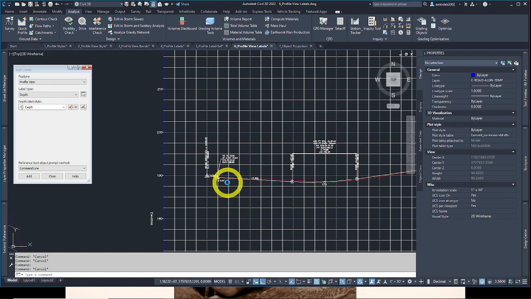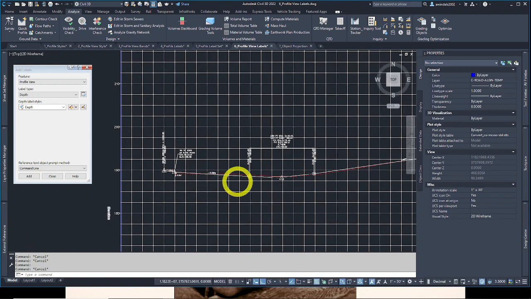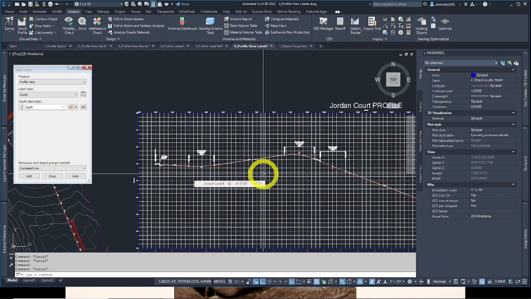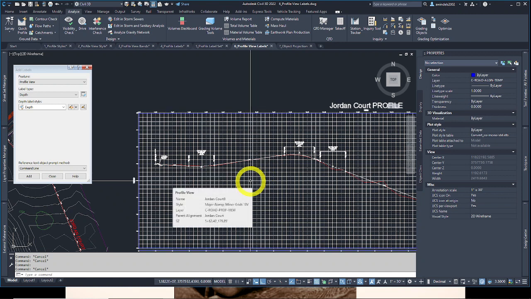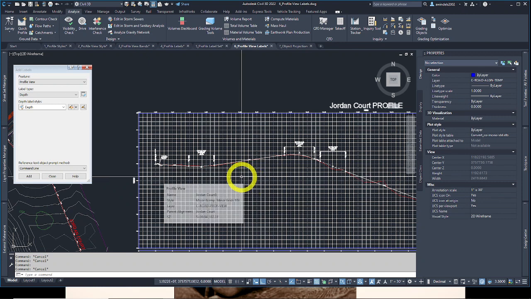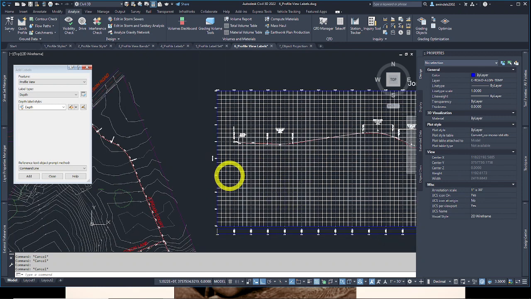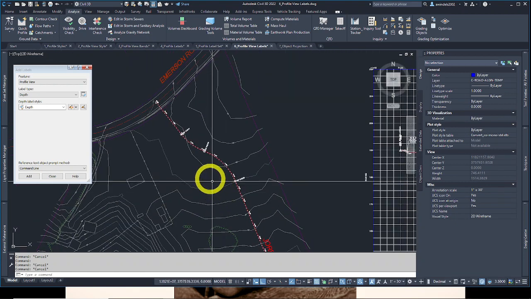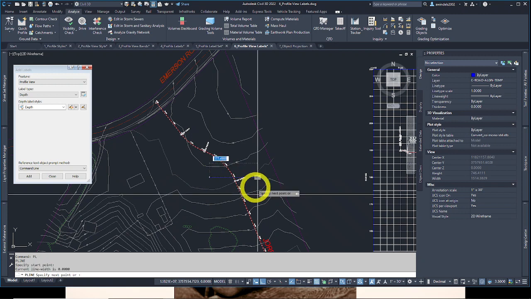So sometimes we need to project objects to profile views that aren't exactly just profile views or profiles exactly. We might need to project things like underground pipes or overhead cables nearby, trees, fences, different obstacles, other ditches, rock faces. So for projecting linear objects, that's easy. But keep in mind, if we're going to project, let's say, a fence across here, and it's like this, onto